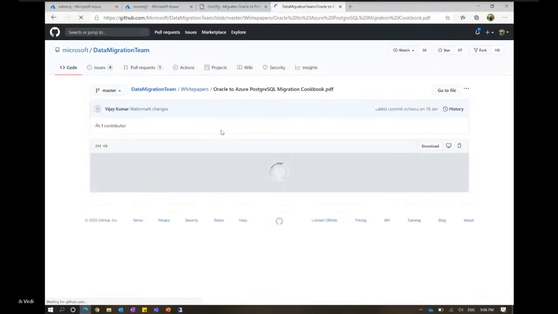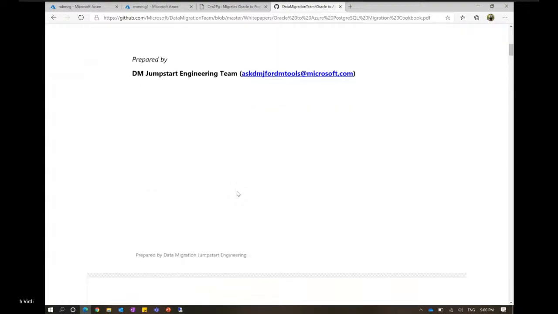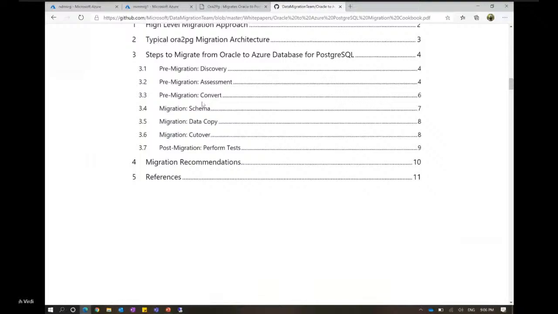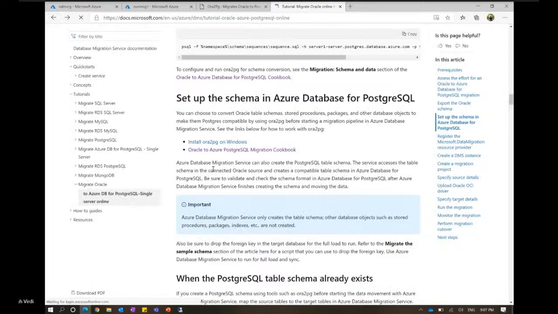Just go through this, and it will tell you the different gotchas typically that you have to look for in this kind of migration. It has a lot of high level approach, as well as each step that you have to take, and some recommendations are also listed here. I believe that should give you some good idea.